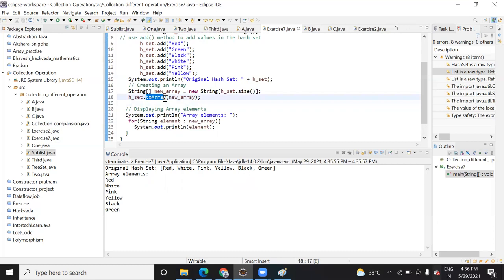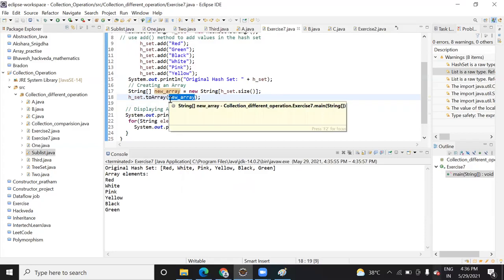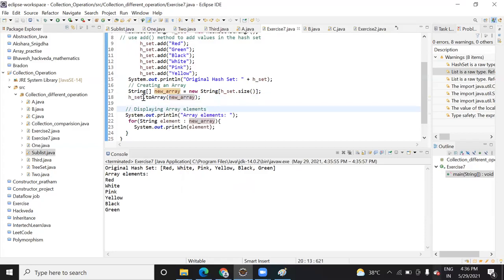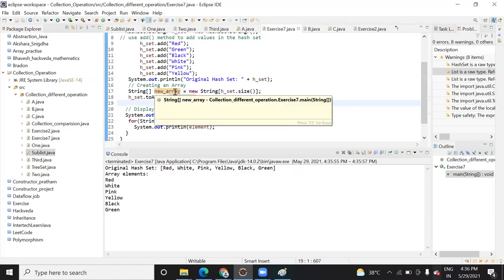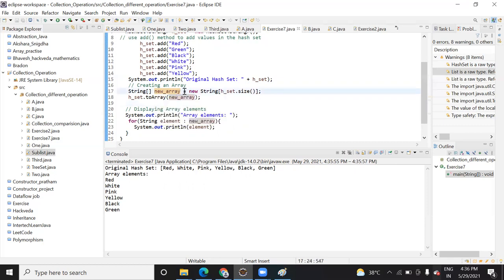So you need to use this other function, toArray, and you need to pass the name of the new array. Here it is hashSet.toArray and the name of the array that you want to assign. So here I have created one array of string type, and the size of this array will be based on hashSet.size, right? How do I pass this hashSet.size? Because if you don't pass it, this new array will either have additional space or have less space than the size of the hash set.